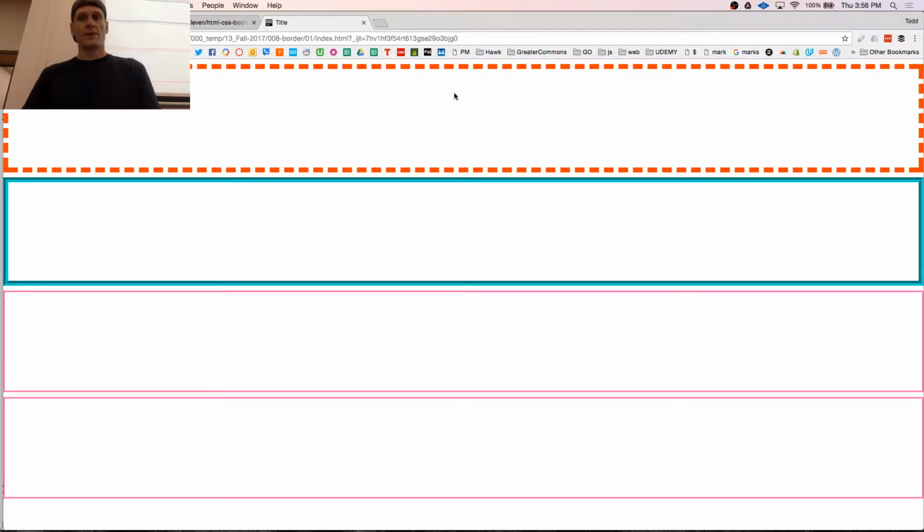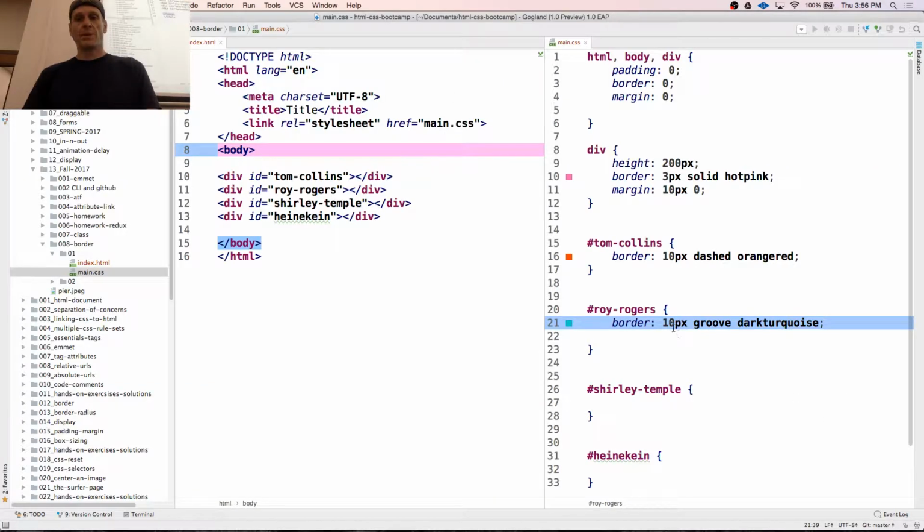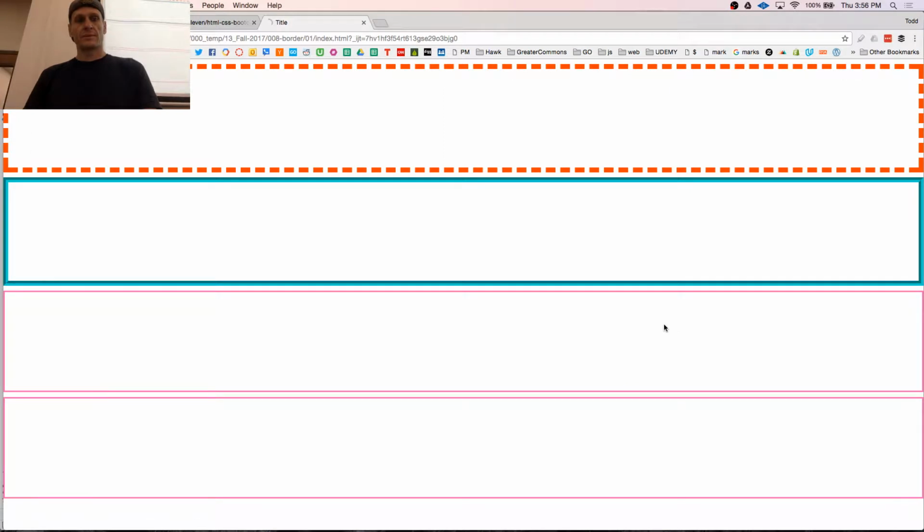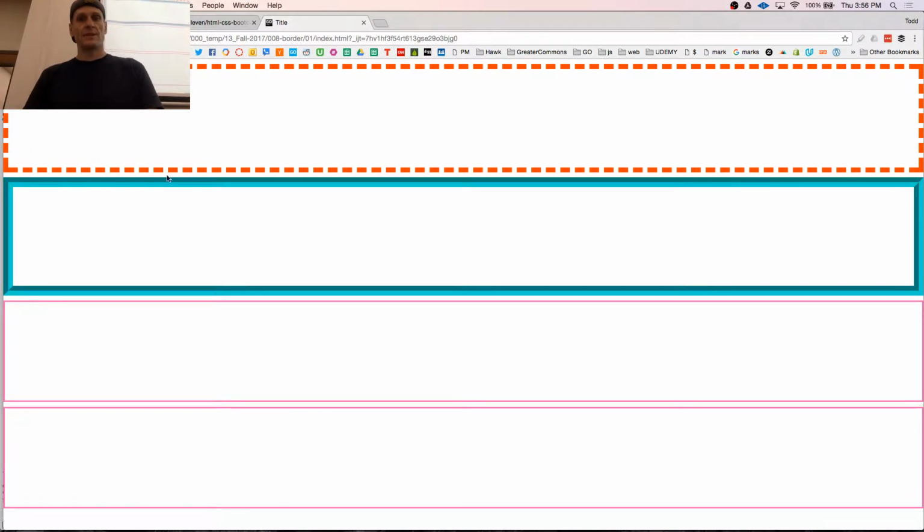There's groove, dark turquoise. Make it a little bit bigger. It's kind of neat,